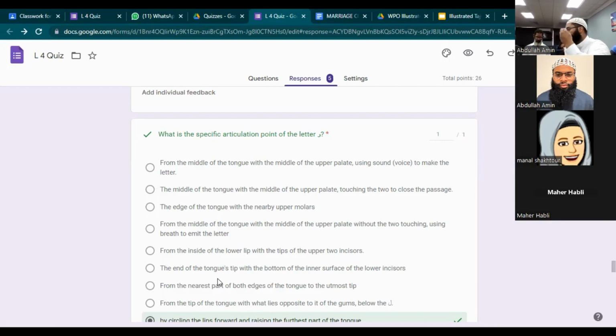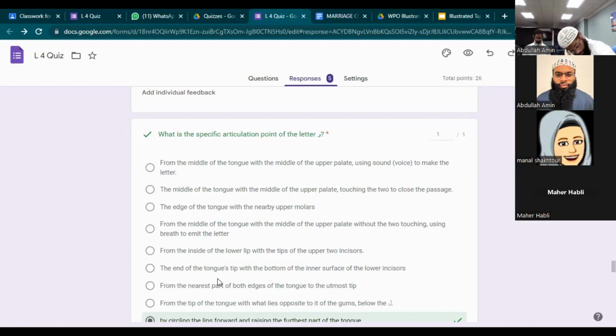The question, my friend, is why is there a difference between the voweled waw, al-waw al-mutaharrika, and the mad waw, the elongation waw? Why do they have different articulation points? The mad waw comes from the jawf, because al-jawf is the throat and the mouth, all together. Okay, and the waw al-mutaharrika, it's from the